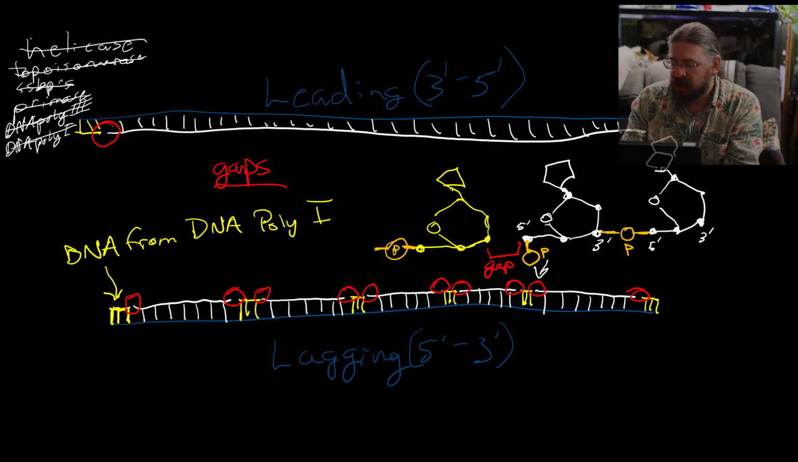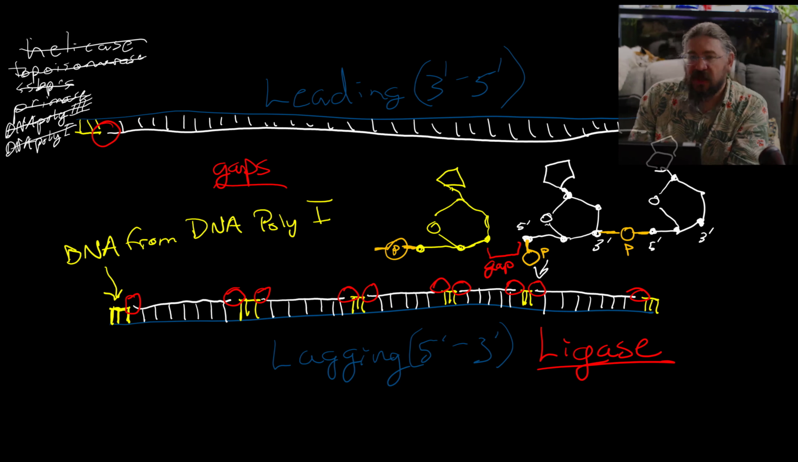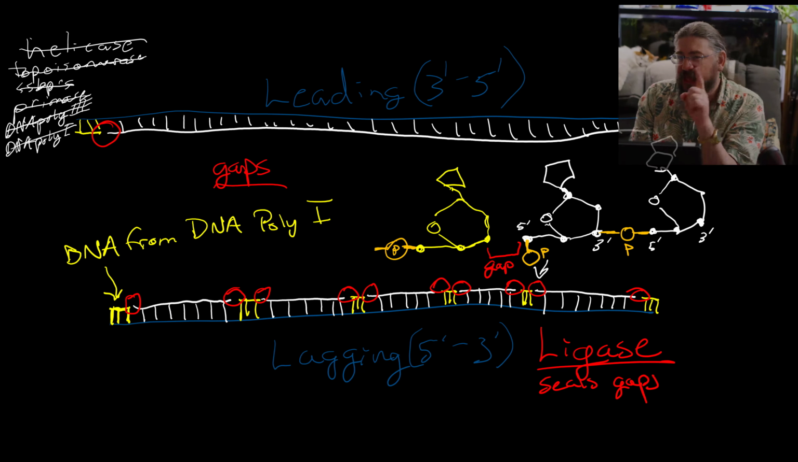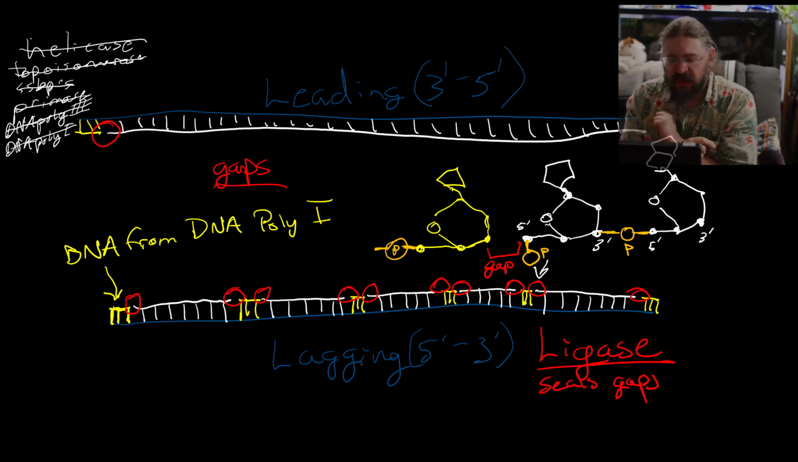And that enzyme is called ligase. Ligase seals the gaps. But ligase has an interesting restriction. And that interesting restriction is that ligase can only seal the gaps on either side of a DNA fragment left from polymerase 1. In other words, if we look real quick,